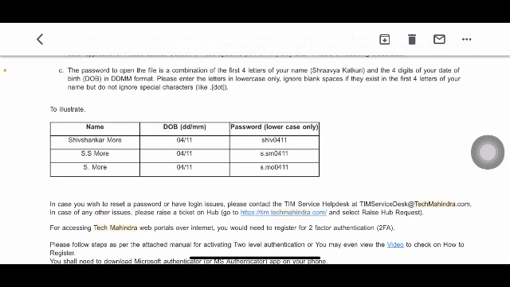So SHIV0411. What's my name? My name is Shravya Reddy and my date of birth is 1808, 18th of August. So what will be my password? SHRA, the first four letters of my name, all in lowercase, and my date of birth.